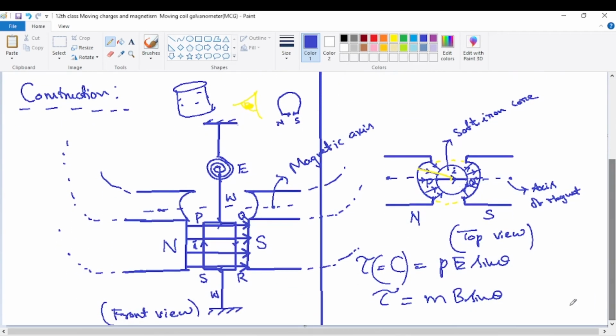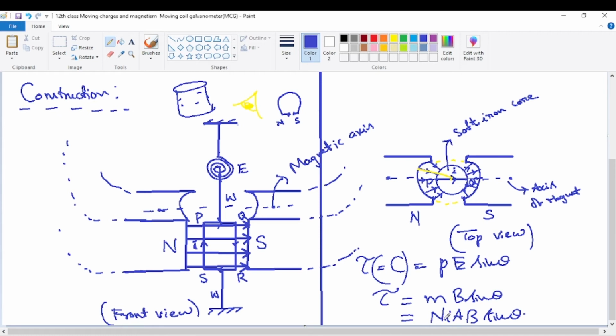But now coming back to this, it comes to be MB sin theta. This is the best way to remember the torque acting even on a coil. So it comes to be MB sin theta. What is the magnetic moment? I'll substitute NIA into B into sin theta. So that's the equation. This is the exact torque acting on the coil carrying current.